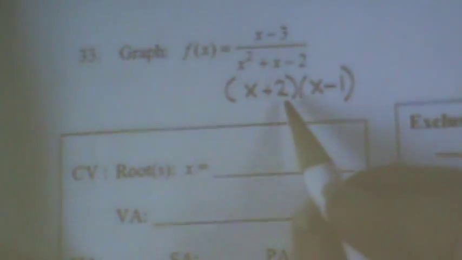So, in my exclusion chart, my critical values are 3, -2, and 1. The smallest of which is -2, then 1, and then 3. So make sure when you do these, you leave room after the 3 and before the 2. So we're going to construct